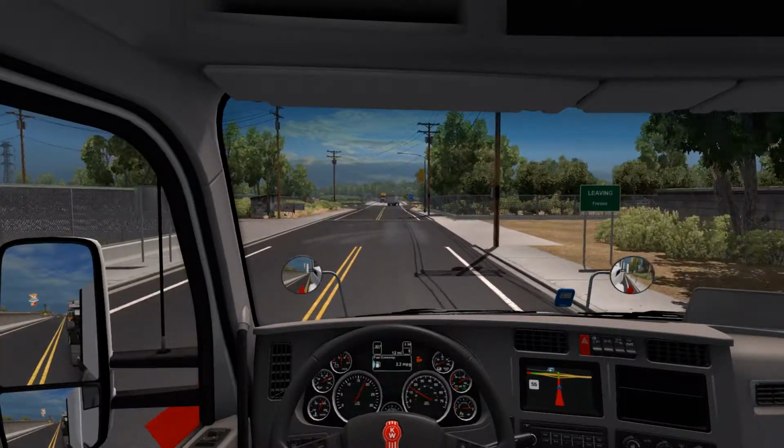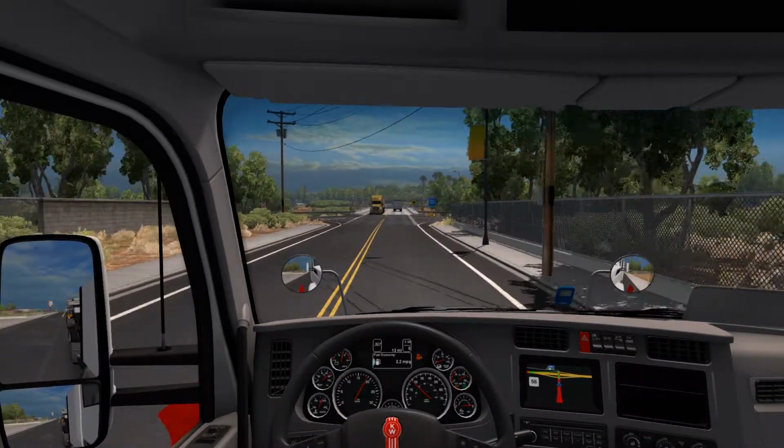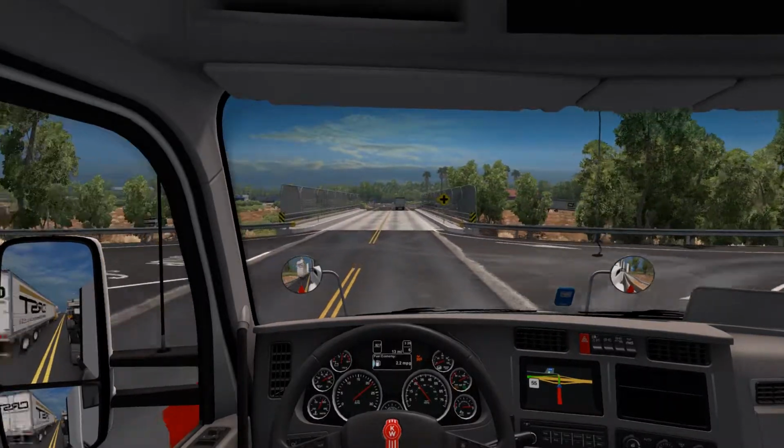Alright, did they give me a full tank, by the way? I guess I should have checked that out before I started my trip. I bought the truck, they better give me a full tank. They did, so...